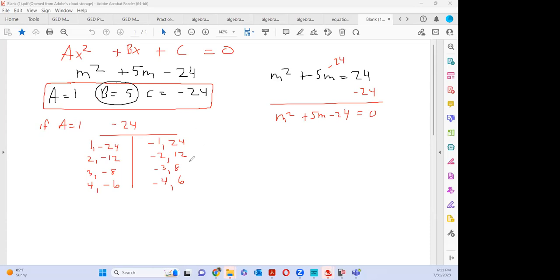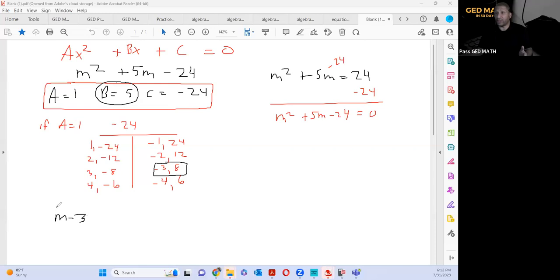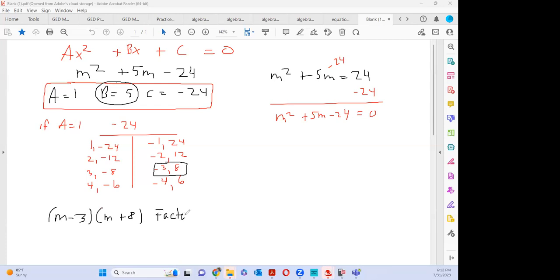-3 and 8. So to factor this, you're just using those numbers exactly the way you see them. So (m - 3) in parentheses times (m + 8). This is factored. To solve it,